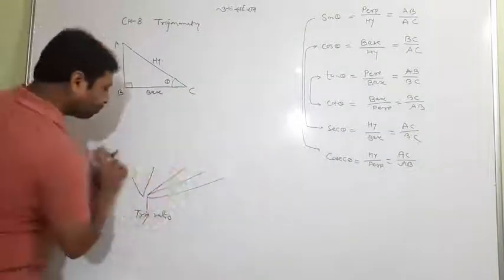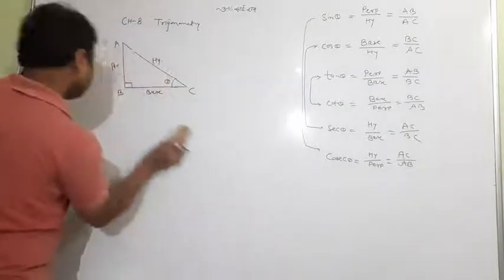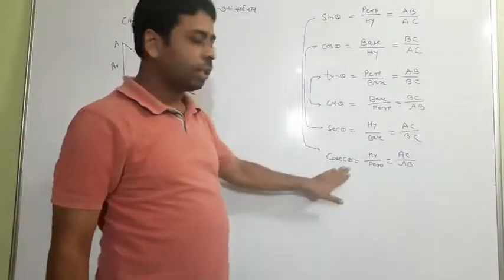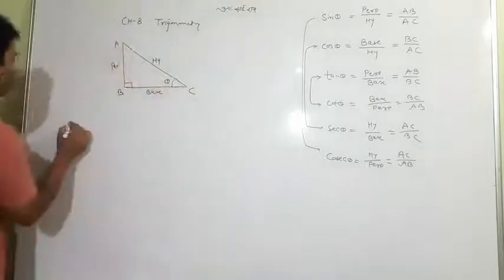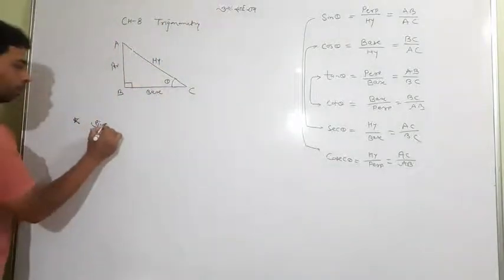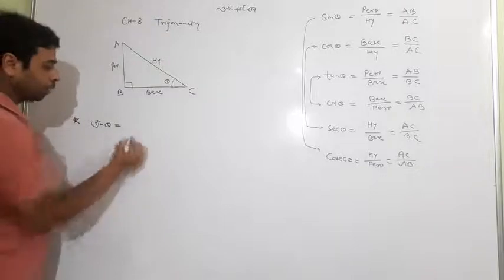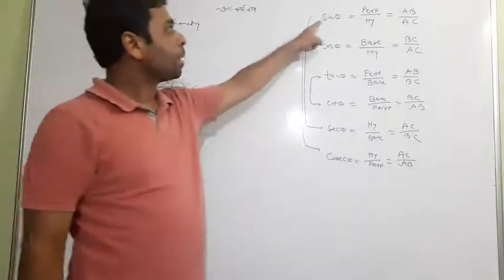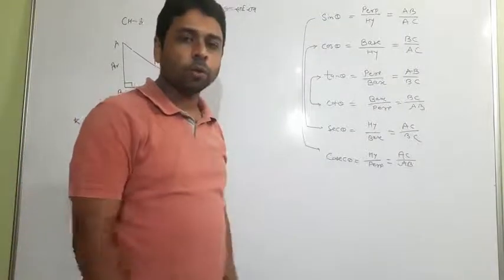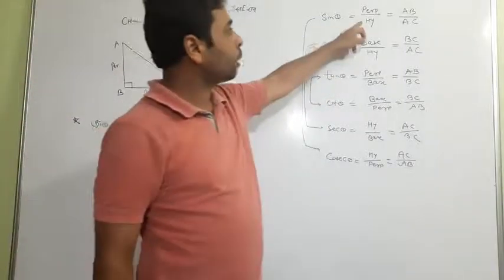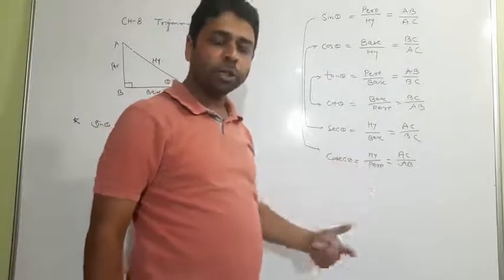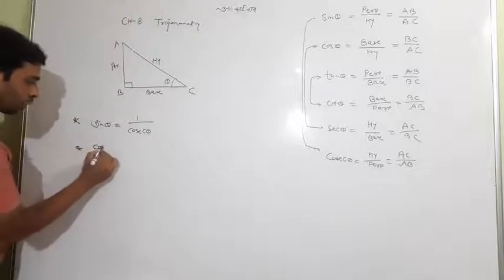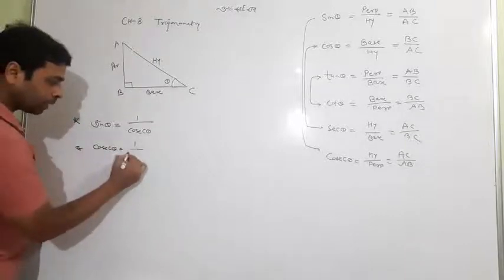Now further, what we are going to learn, look at properly. Right now I told you that sine theta and cosec theta are reciprocal of each other. So the sixth law we can also form: sine theta can be written 1 by cosec theta, because right now I spoke that sine and cosec are reciprocal to each other. Look at it, it is perpendicular upon hypotenuse, and hypotenuse upon perpendicular, meaning they are reciprocal. Meaning sine can be written 1 by cosec, or cosec may be written 1 by sine theta.